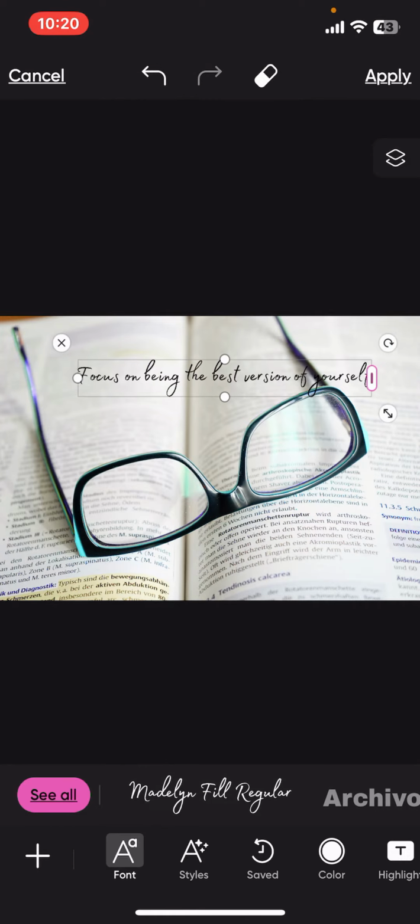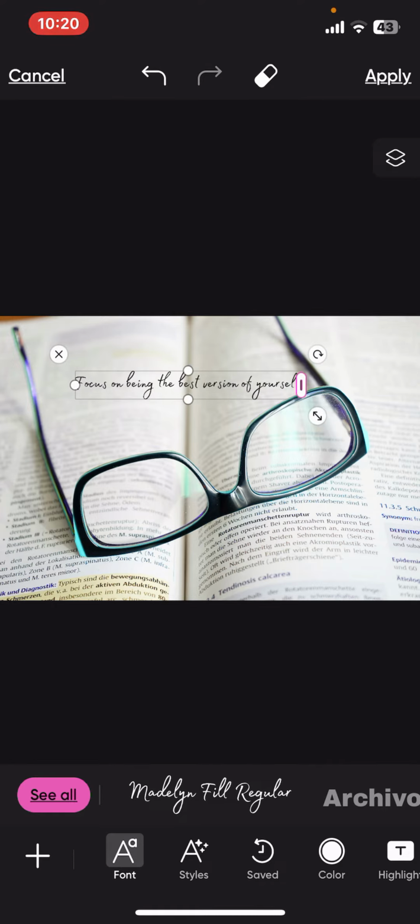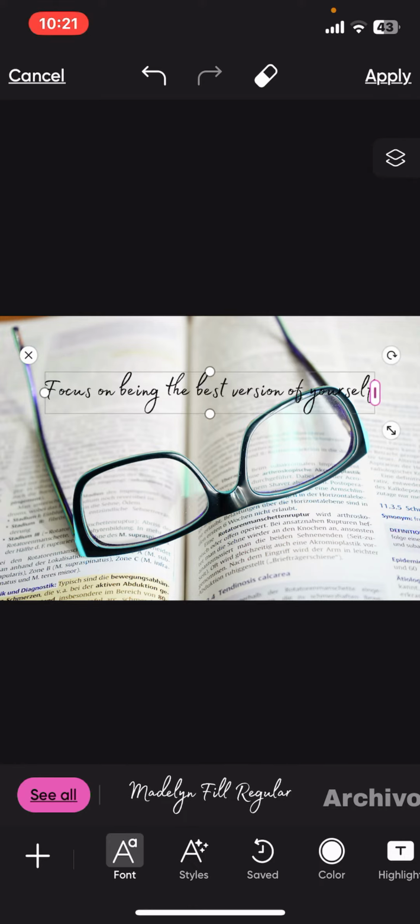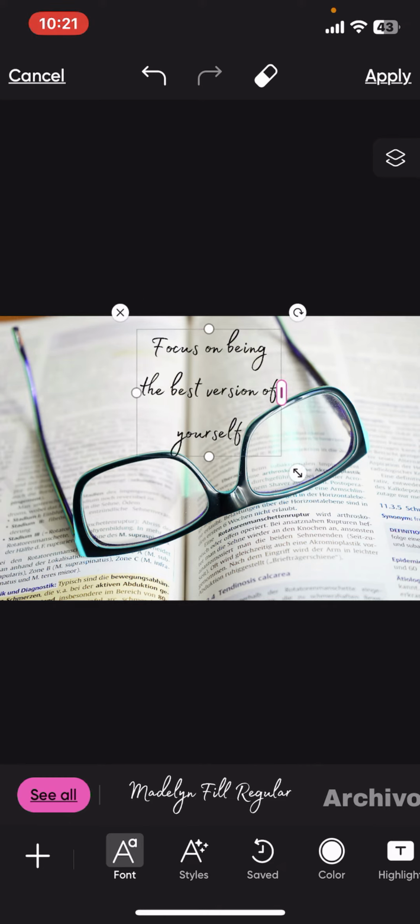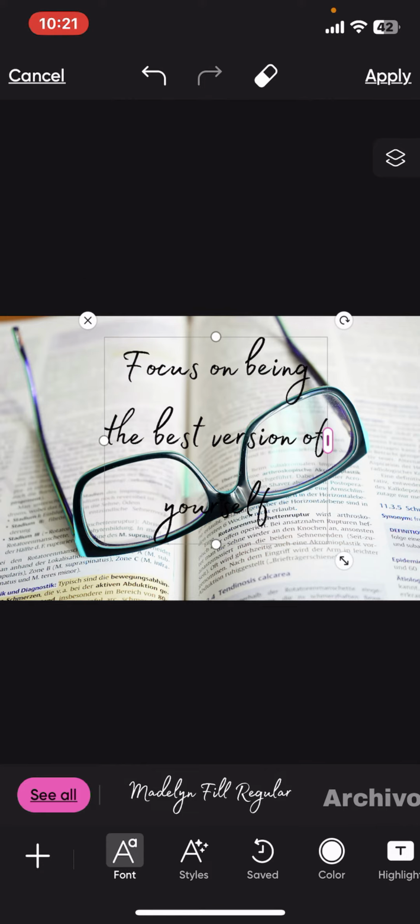Now as you have your image on your screen, you can go ahead and resize the image by simply dragging along its edges on your preview screen. Place it on a desired area. You can use the rotate tool, drag the edges of your layer and select how you want it to appear